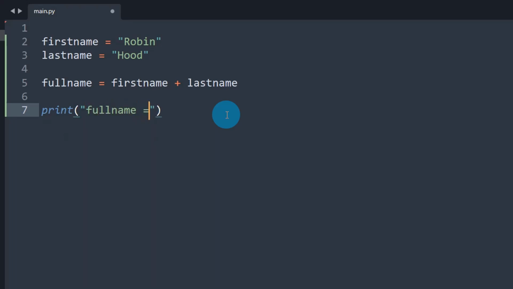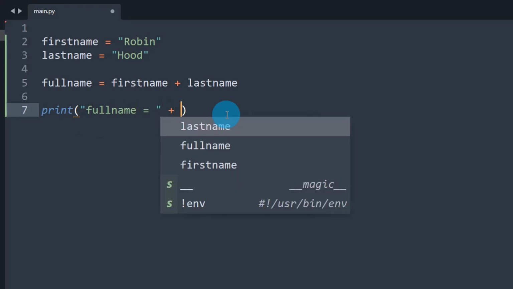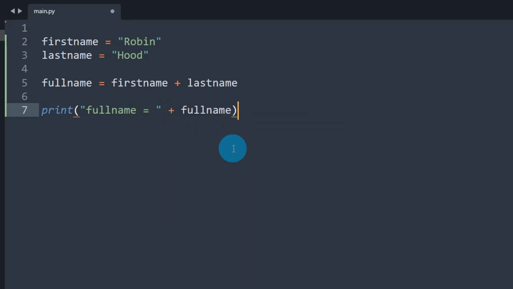full name. See here, now I am using the plus operator here as well. What is going to happen here? So this is a string, right? This is fixed. This is going to be printed like full name equal, some space, correct? And the value of full name will be concatenated with this string. Here also concatenation is happening. Indirectly this is a string, correct? And this is also a string. And here also we are doing a concatenation, and the resultant value will be full name equal to Robin Hood. Then we are printing that.